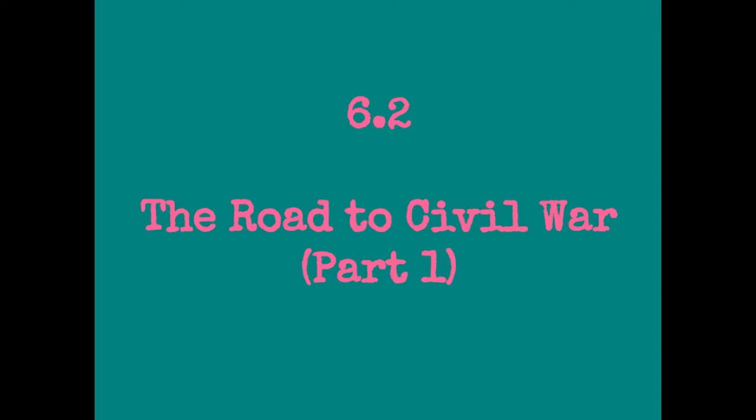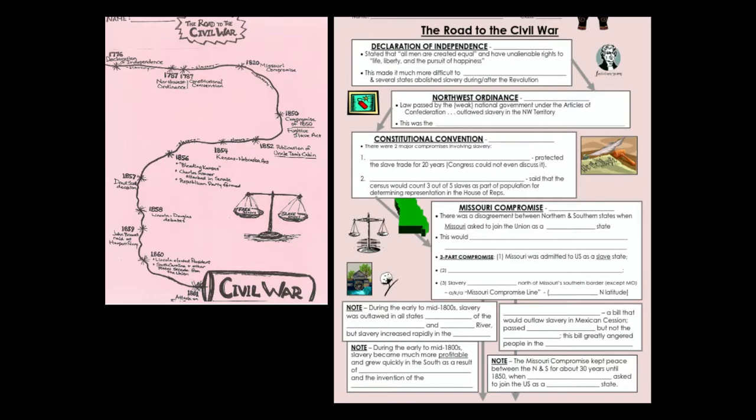Today we are on 6.2, The Road to the Civil War, Part 1, or the timeline to the Civil War, or the long fuse leading to the stick of dynamite known as the Civil War, Part 1. It might be helpful to have this sheet out to look on to help you out, but if not, this is the one we're going to be filling in. By the end of this, you should have the front of this filled in,